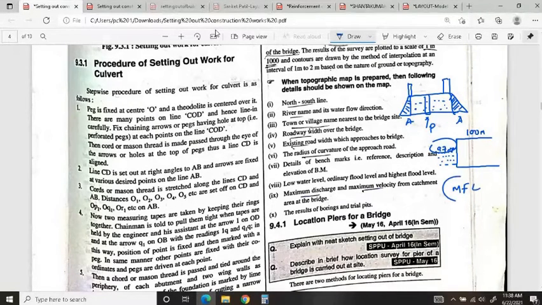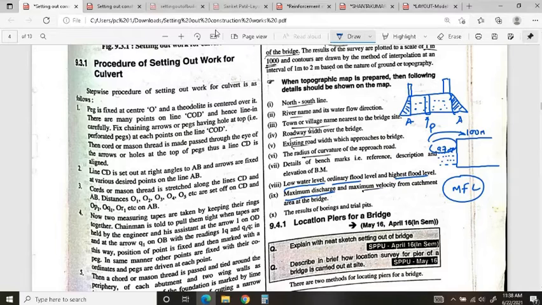flood level. We have to determine this because during the rainy seasons, nowadays you can see, in the Mulamata river the water level will rise. Wherever there is a low level area, the water will enter into the roads or the bridges. So we have to look into that and raise the height of the bridge. So we have to determine the low water level, flood level, and highest flood level, that is the maximum flood level.